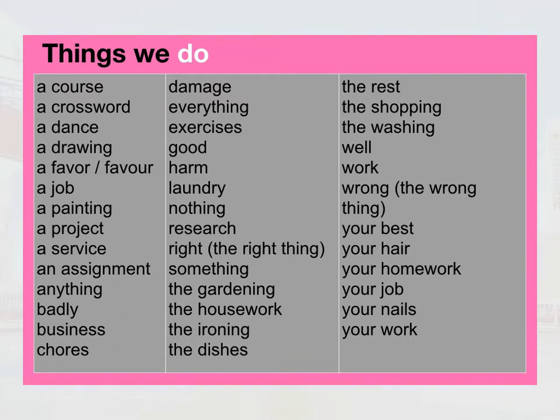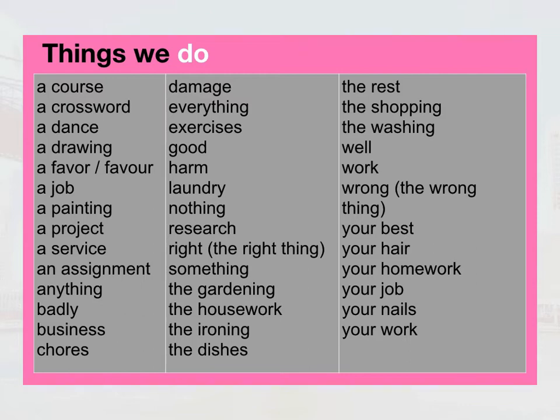You do something, you do the gardening, you do the housework, you do the ironing, you do the dishes, do the rest of something to complete an activity. Do the shopping, do the washing, do well, do work. Do wrong, here it's the opposite, so this is the incorrect thing, often a moral decision. You do your best, you do your hair, you do your homework, you do your job, you do your nails,